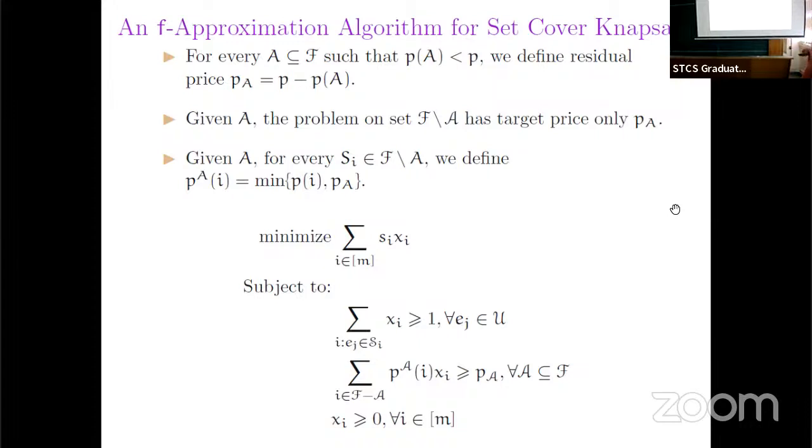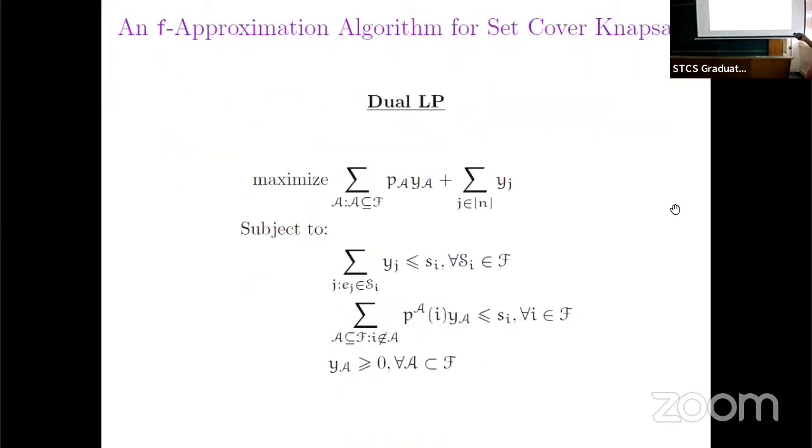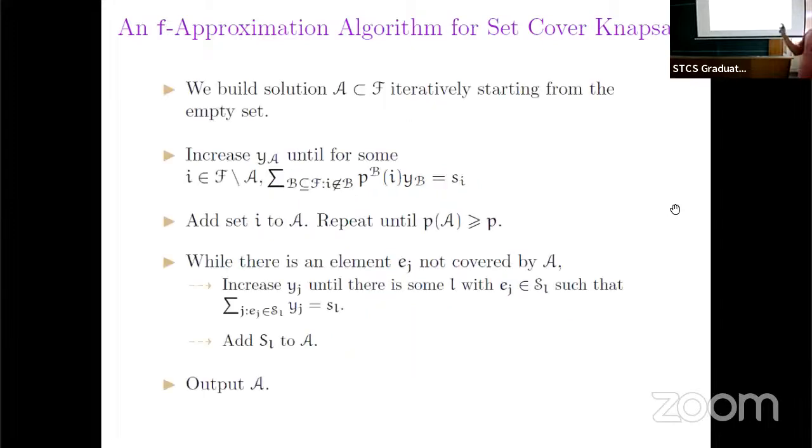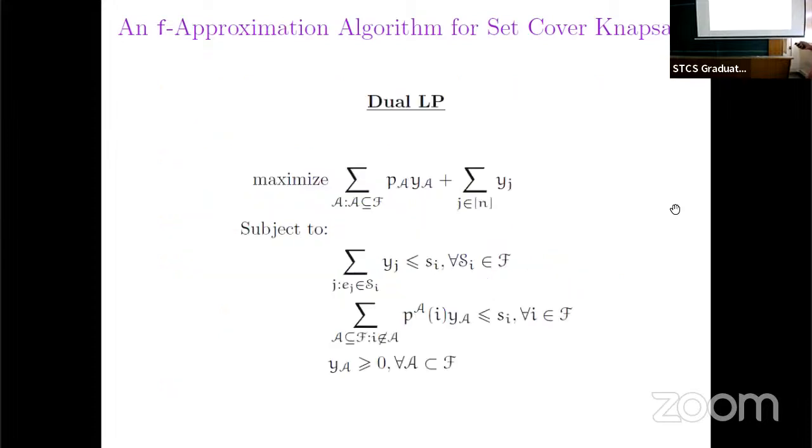So this is the primal, and I just write its dual as usual, and then it's a very standard primal-dual kind of thing. I build the solution iteratively. Let's call that A. A is the initial empty set, and I increase dual variables. So I have these dual variables Y_A and Y_j. I increase Y_A